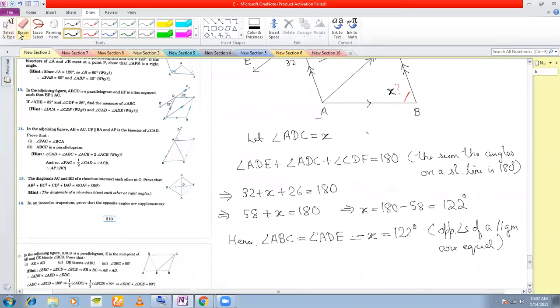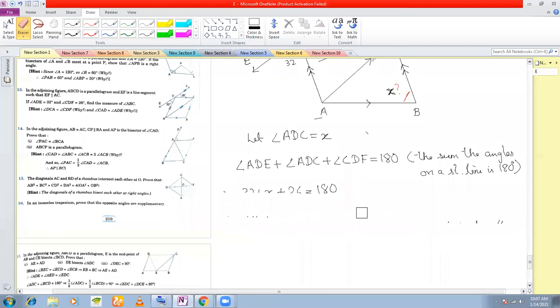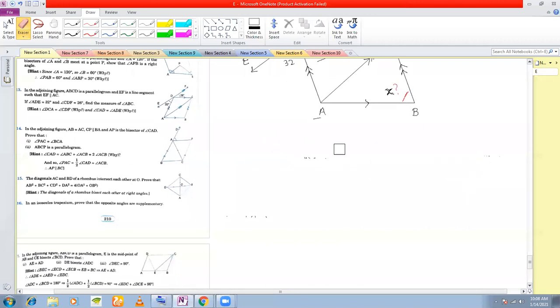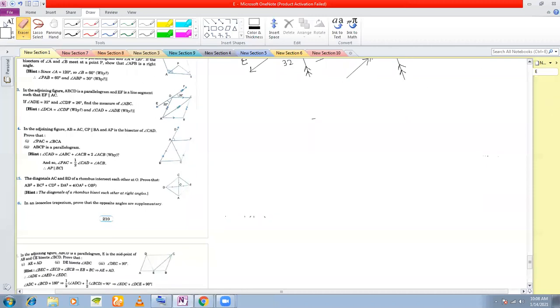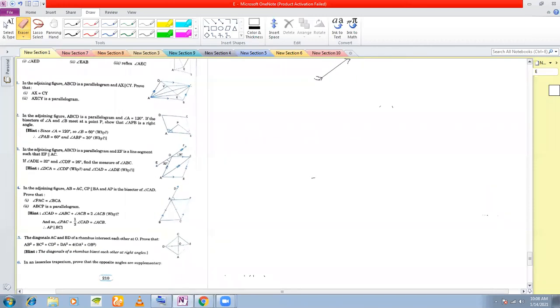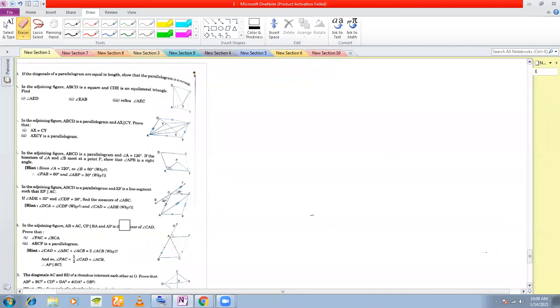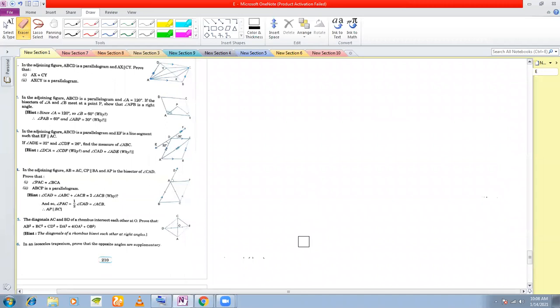Let us now do one problem that is just a one-line question. Number 16. It is actually a one-line question here. And this is somewhat related to your theory also. That is, it is a theory question. It is not actually a practical question. You don't have numbers in this question. Okay, let's see what the problem reads. The problem here is, in an isosceles trapezium, prove that the opposite angles are supplementary.